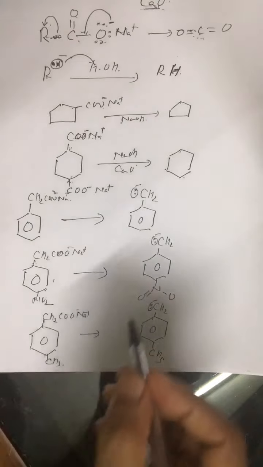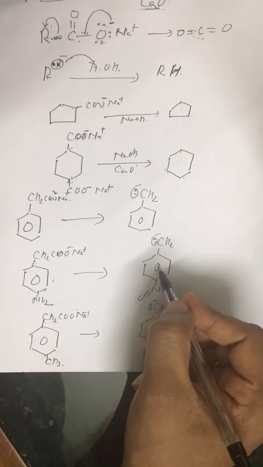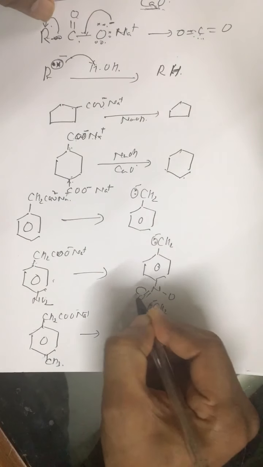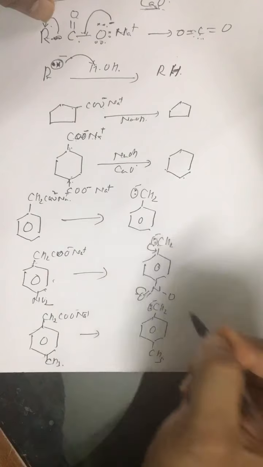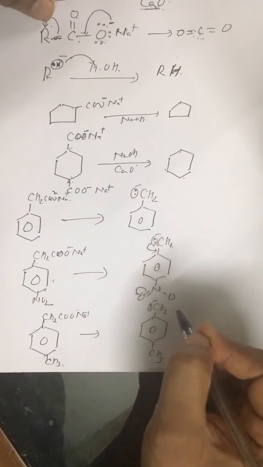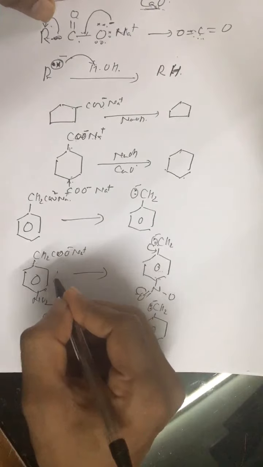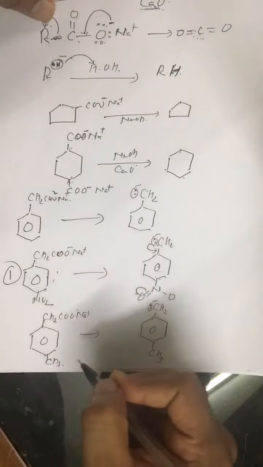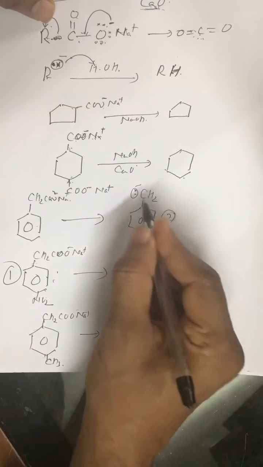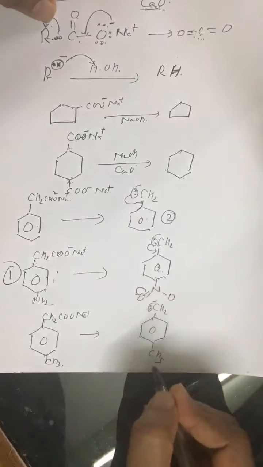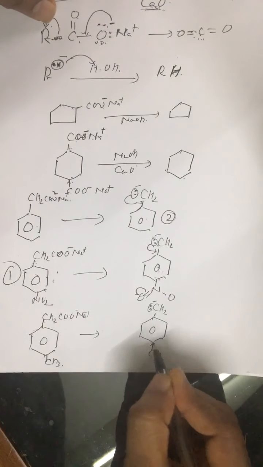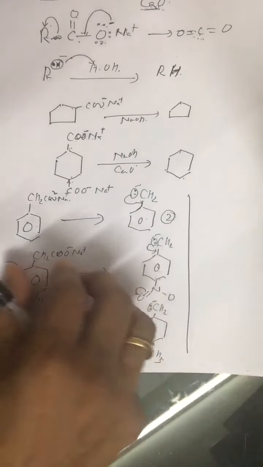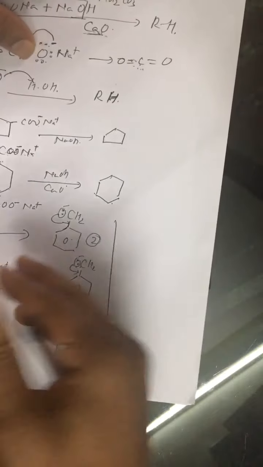Now, the greater the stability of this intermediate, that is the carbanion, the faster is the rate of reaction. This NO2 is electron withdrawing, so obviously it will stabilize this anion. So this anion is more stable, which means the most easily decarboxylated compound is this one. Then second is this one, because this is comparatively less stable, and this is the least stable because of hyperconjugation as well as the plus I effect. On the basis of this, you can say what product we are going to get.